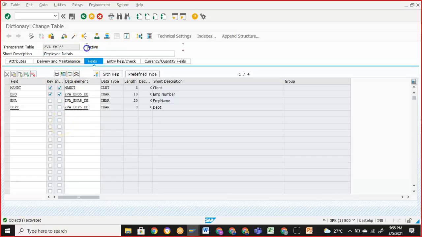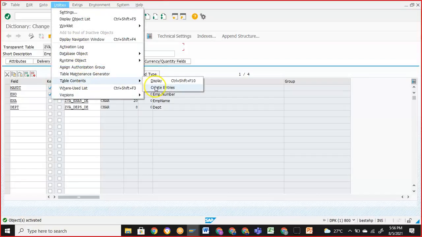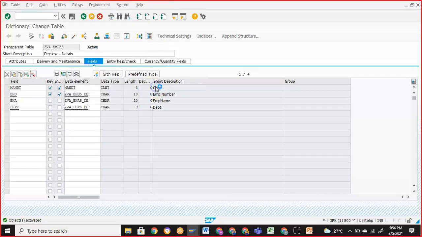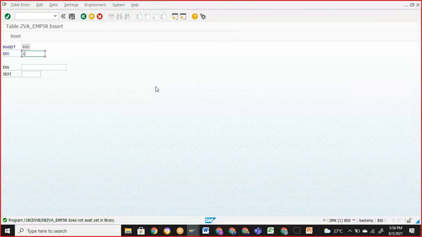The table is active. Only when the table is active you can maintain the data in it. So go to utilities, table contents, create entries, and you can make the entries here. I'll go for 100, J, department SAP, save it, and then we have 101, Hari, AI, and enter, save it.